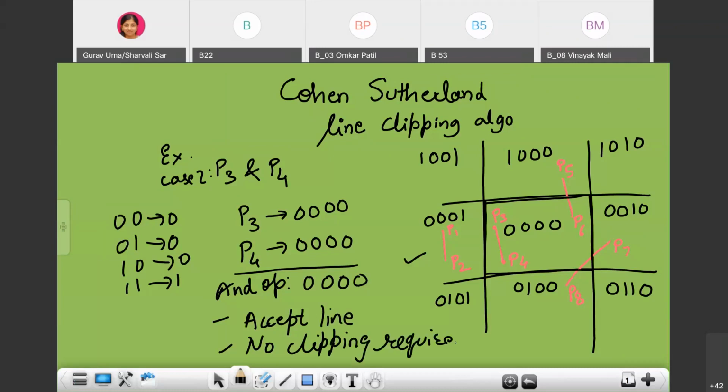So we know the line is completely inside the window. Hence, we accept the line and no clipping is required.